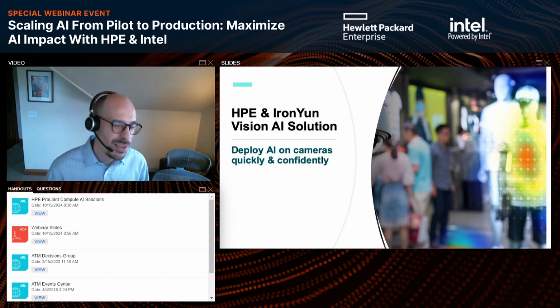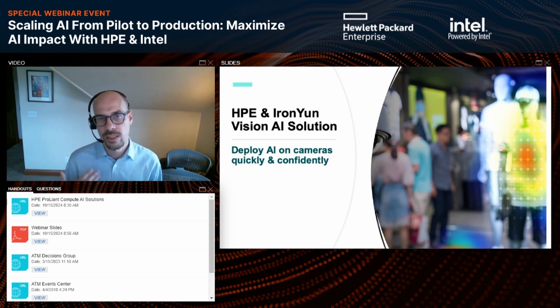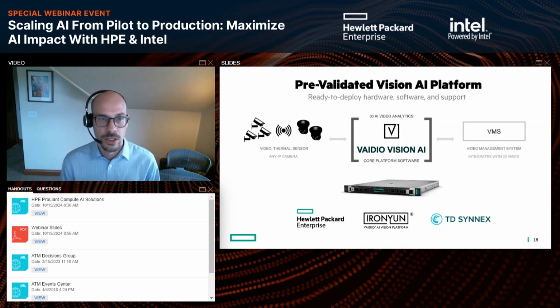So traditionally, how we've done this is we had a lot of customers coming to us looking to deploy these types of things, and we would just provide them a server, and then they're like, how do we do the software, and how do we integrate this into our cameras? What we said is, we're going to make some partnerships with Iron Young, and in this case, one of our partners, TD SYNNEX, and make this a turnkey solution so that we'll just put a server out where your cameras are at, and it plugs right in between your cameras and your sensors and your video management system, and it can analyze whatever video you want it to analyze and provide any sorts of alerts that you're interested